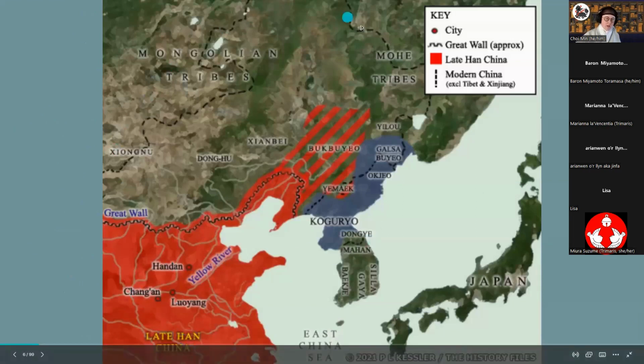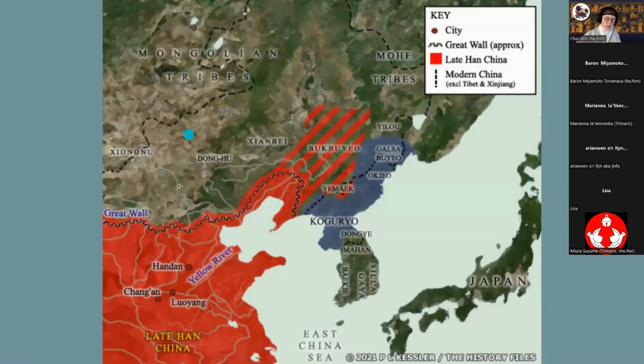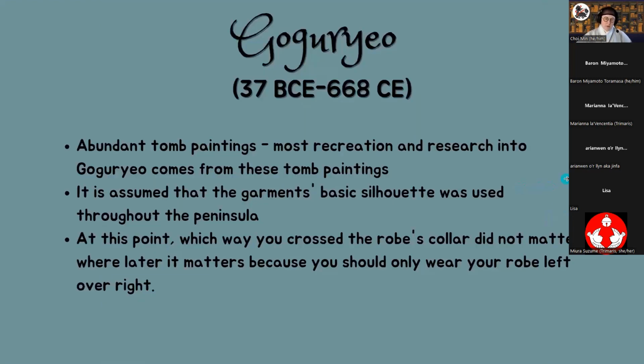So here's Chang'an, and here's where the Mongolian nomadic tribes would have been, and this is kind of where they were in their reach. And then we have the Goguryeo tribes kind of up here. They had a range all around these places. So that's why it's not fully red over here, because they were struggling for control out here in these commanderies. So it was kind of back and forth. And then here we go down here. So here's Goguryeo, and then Baekje is on this side, Gaya and Silla. And I think I have maybe another map when we get to those, but keep that in mind.